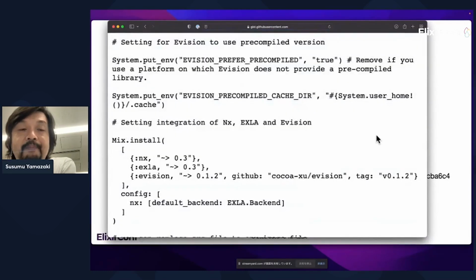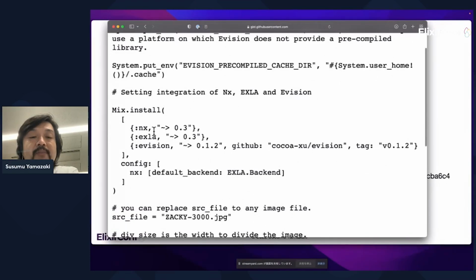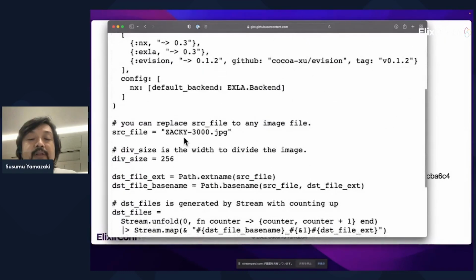Here is the code. This is a setting for Evision to use a precompiled version. Remove it if you use a platform on which Evision does not provide a precompiled library. Here is the setting for integration of Nx, Elixir, and Evision. You can replace the source file with any image file.